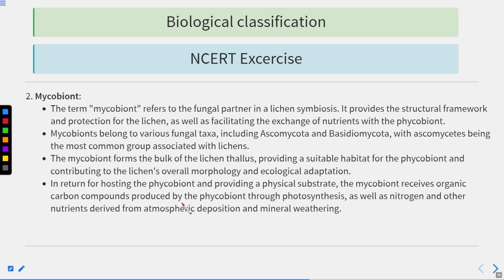Now comes the microbiome, the fungal component. The term microbiome refers to the fungal partner in the lichen symbiosis. So if we talk about the fungal partner, that is the microbiome in the case of lichen symbiosis. It provides the structural framework and protection for the lichen, as well as facilitating the exchange of nutrients from the